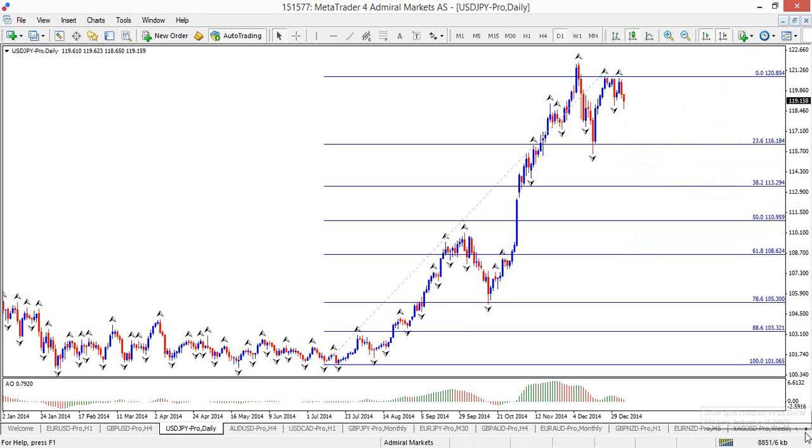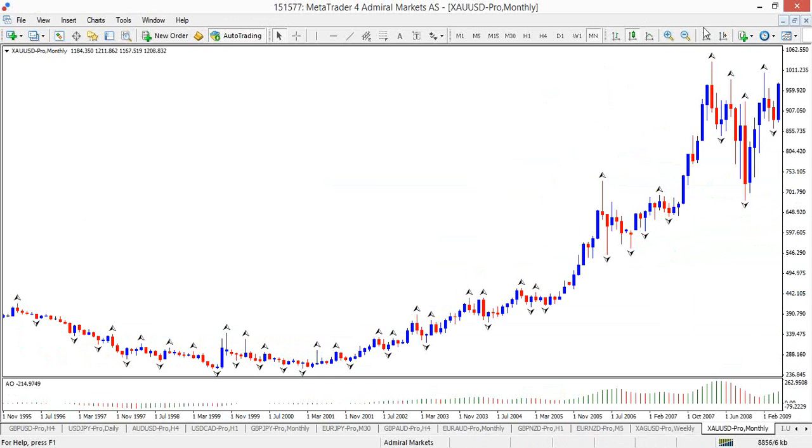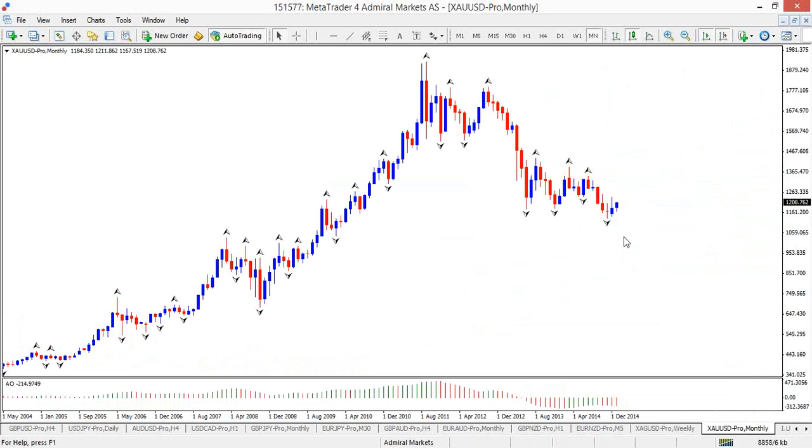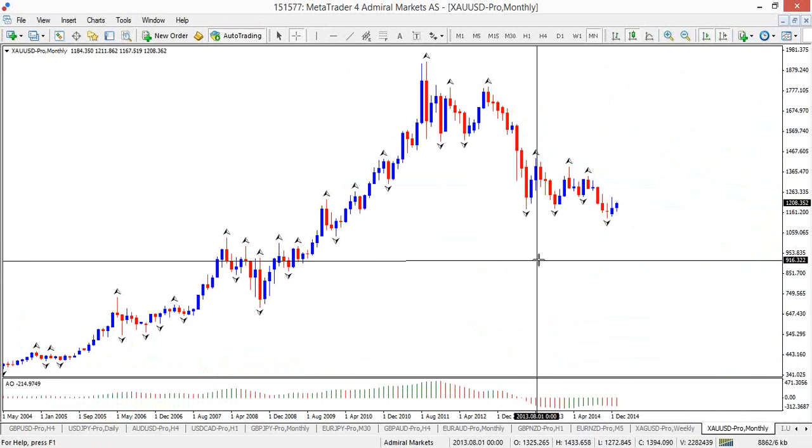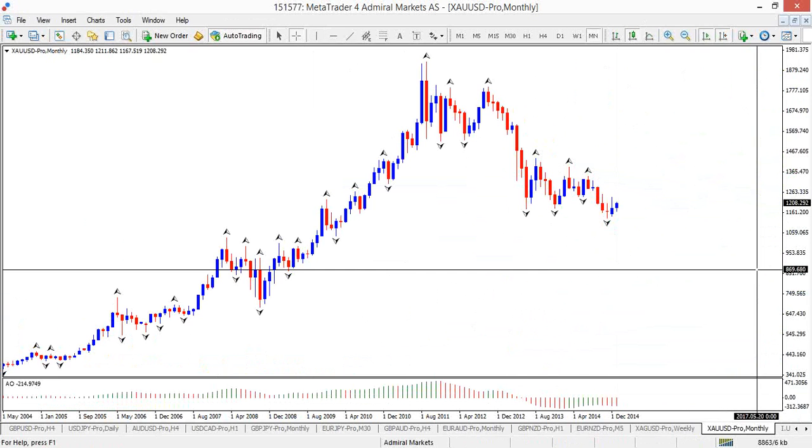If we look at XAUUSD, it's a great example of indecision when looking at the yearly candle, because of the fact that when you look at the open of 2014, it is basically,